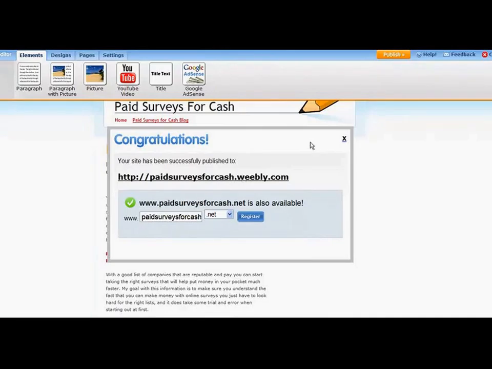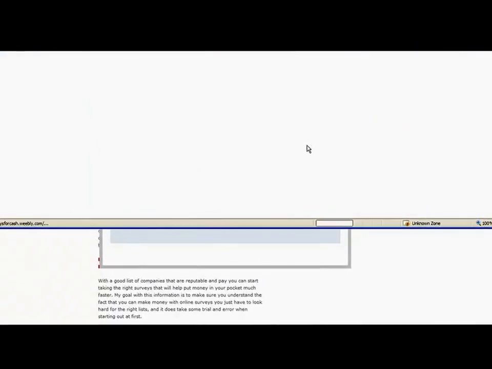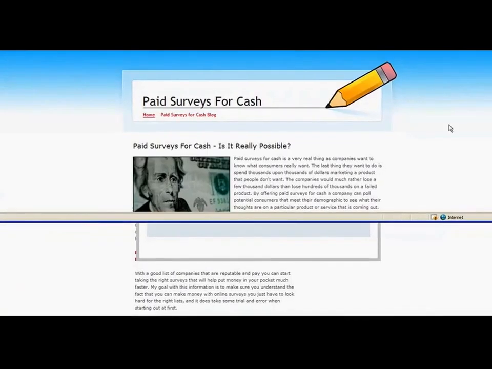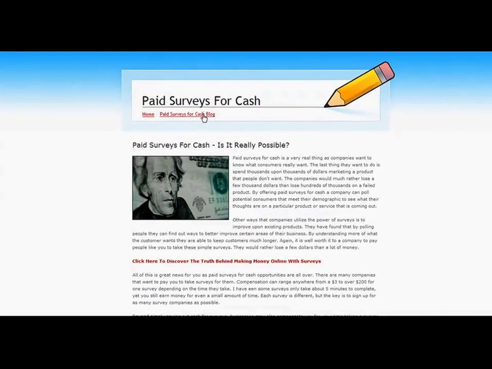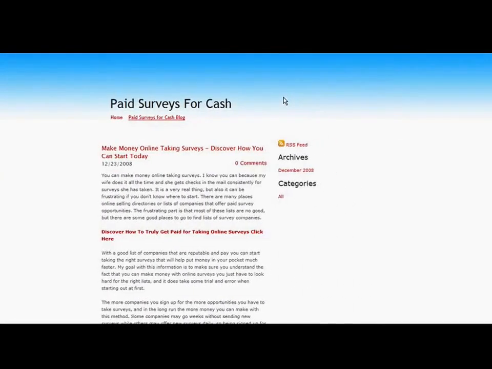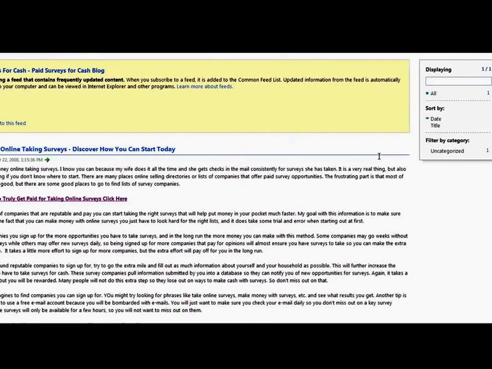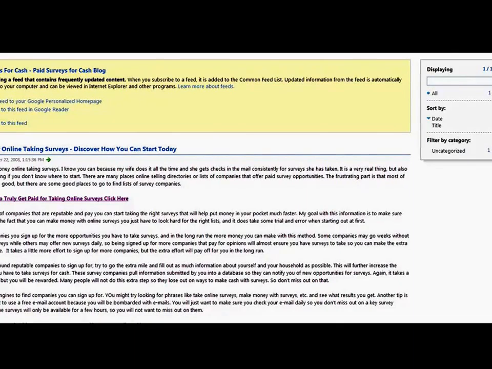So the next thing you do, I'm going to go ahead and pull the site back up. Now that you've tested it, now that you've built your blog and made your first blog post, you would go ahead and go right over here, and you're going to pull up your RSS feed. So you just go ahead and click here on RSS feed. Just highlight that, and then go ahead and highlight it in your browser, copy it, and you're going to go over to a website called